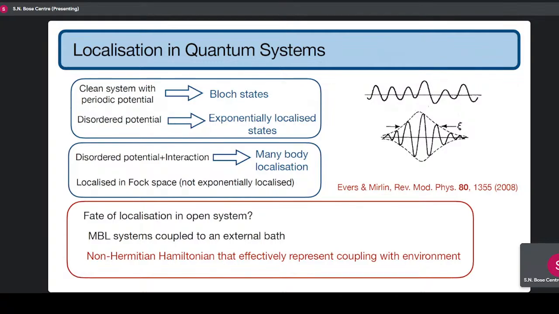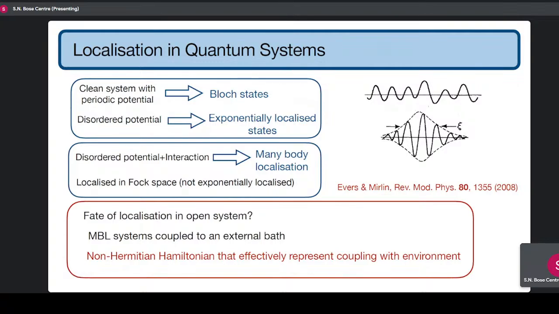But all these are closed systems, and one would typically expect that there should be some coupling with the environment, so the question was asked: what happens to localization when there is interaction with an environment? One way of addressing that issue is connecting a bath to the system and studying the whole system, but then there is a restriction in numerical simulations that the size of the system and the bath gets extremely restricted, which makes it slightly difficult.